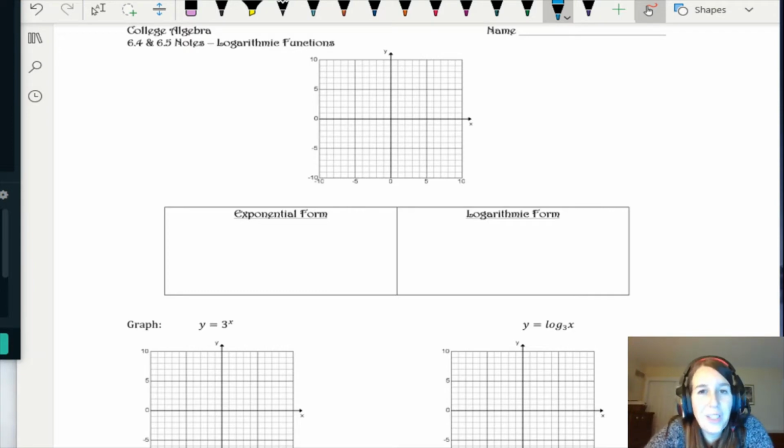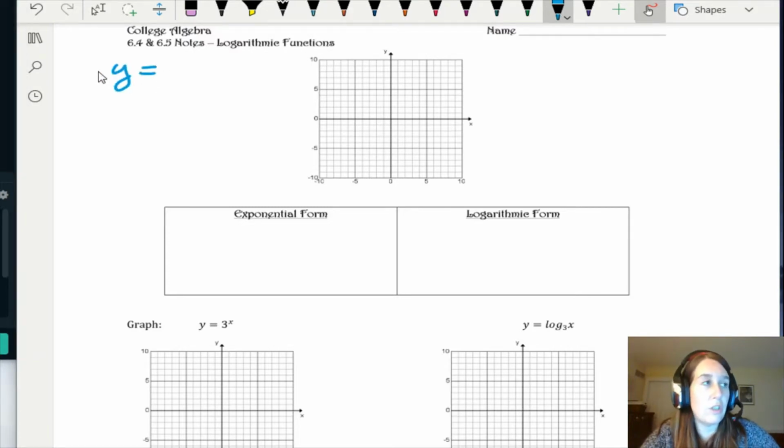So as we introduced in the last video, in order to solve exponential equations, we are going to need logarithmic equations. And the inverse of exponents is logarithms or logs. So we're going to talk about that in a lot more detail here. So we're going to start by looking at the basic